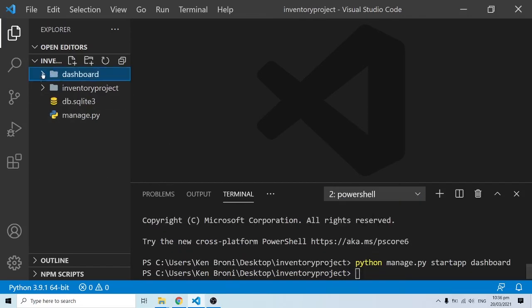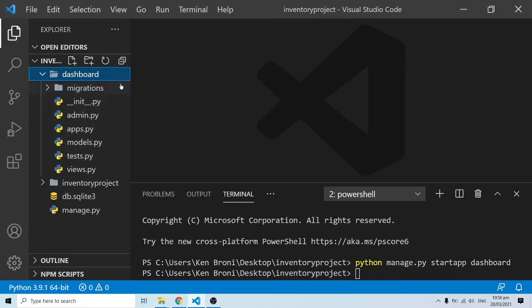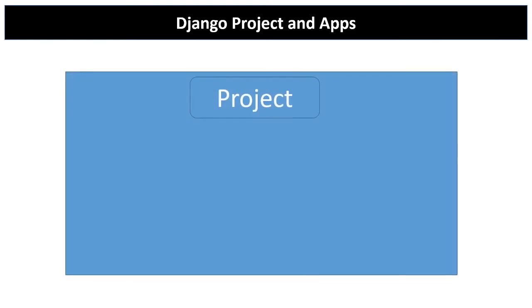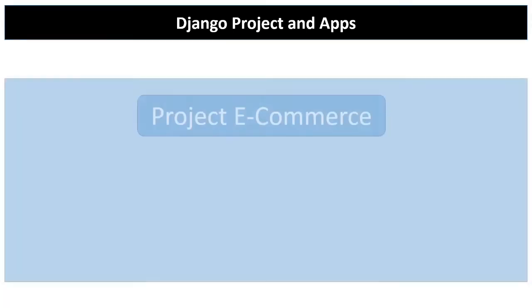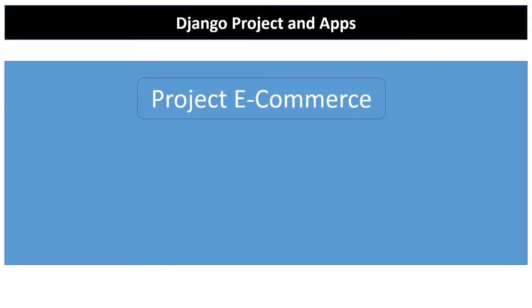But then when we open our dashboard folder, as I have, we have migrations over here. We have init.py, admin.py, apps.py, models.py, test.py, and views.py. So like I said, the project is the main structure or the main building, and inside the project we can have an app. So for instance, with this particular example, we are going to have two apps within our project. Now we can also have an instance where, let's say, an e-commerce website, and this is where the apps